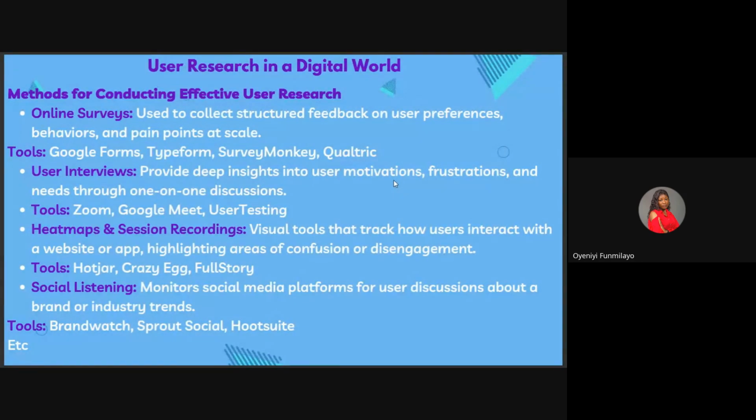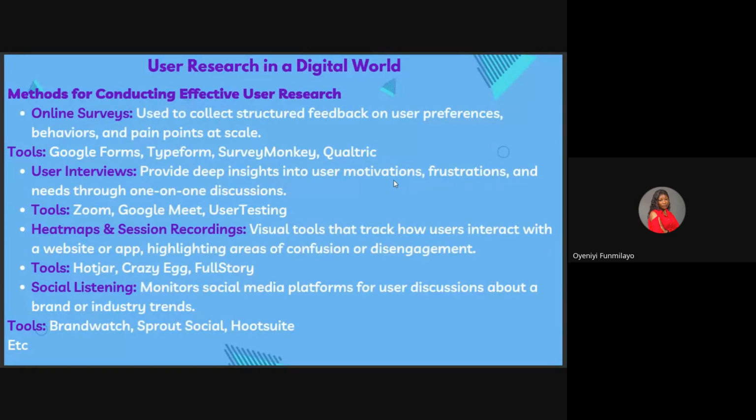So I think what the customer support do at the end of the day is, they look into all of those complaints where they were tagged, and based on that complaint they will take note of it, see the one that they can solve now and the one they can solve for later. So tools you can use are Brand Watch, Sprout Social, and Hootsuite. There are other techniques that you can use to conduct